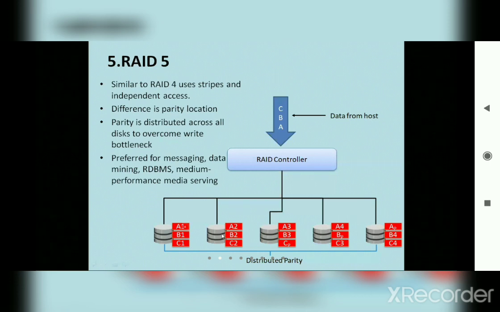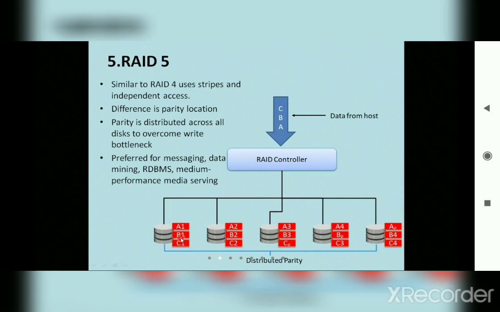Now you have here the data A being divided into A1, A2, A3, A4, and here is the parity being checked at this particular stripe. Please remember. Then for B, that is stripe B1, B2, B3, here I am going to calculate the parity for that particular stripe and then store this data. So we are going to check the parity all across this, so that the problem while writing is reduced, so that whatever writing bottleneck we are having is overcome.